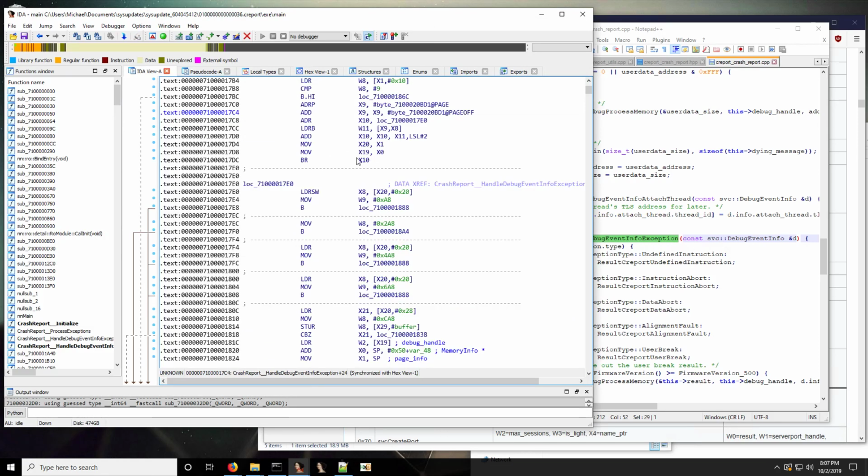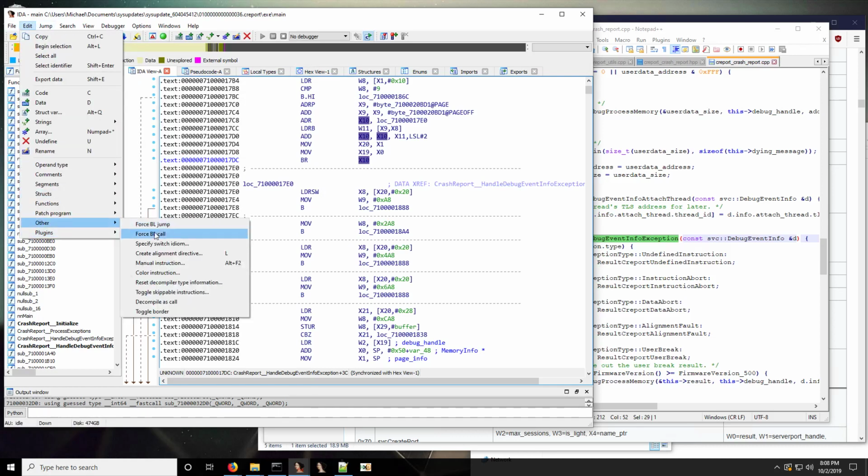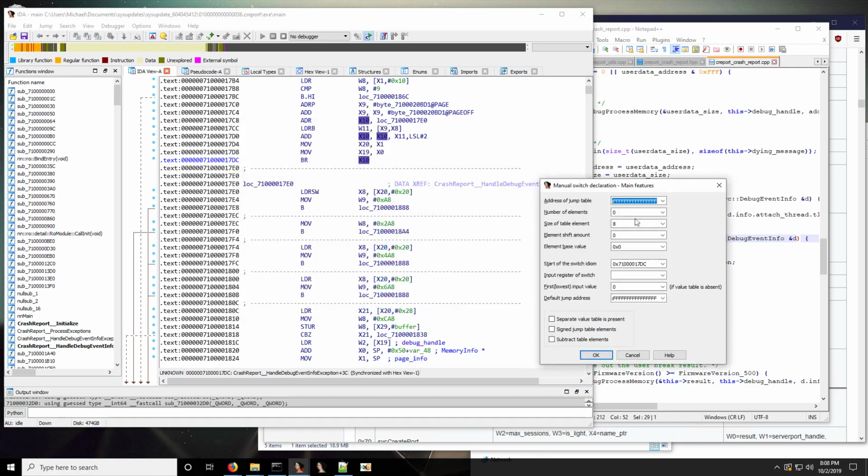Cool. So this switch, I've been informed, by the way, that I was doing custom switch statements wrong. So hopefully we do it correctly this time. Edit other, specify switch idiom. So there are going to be 10 elements in this table. The table is going to be at 0x710020BD1. Size of the table element is 1 because it's a byte element. The element is shifted by 2. The element base value is